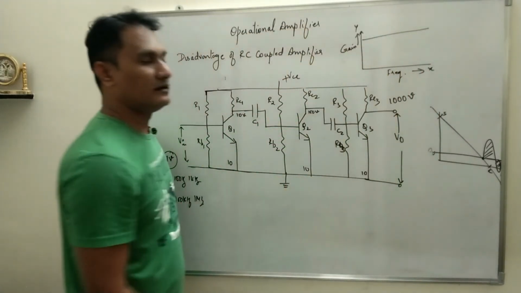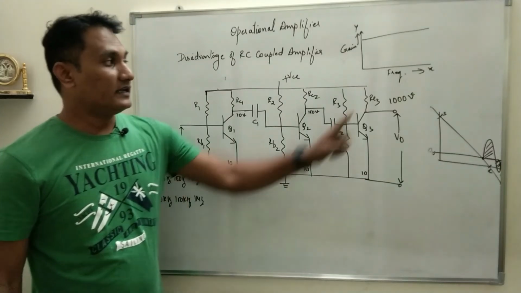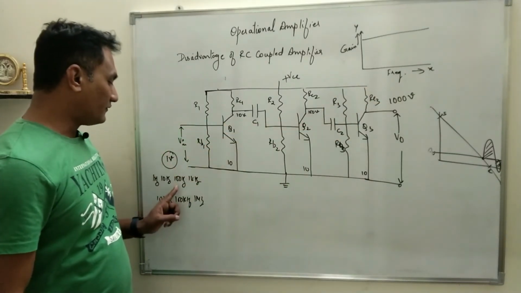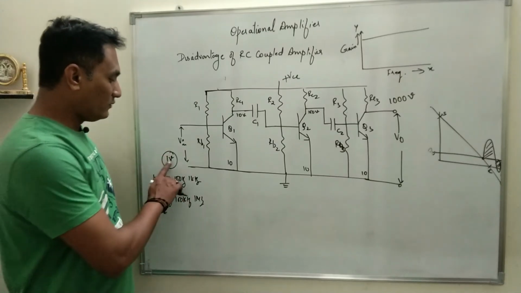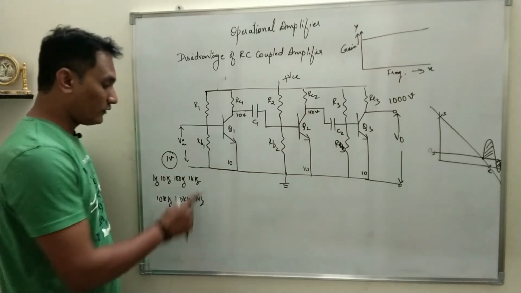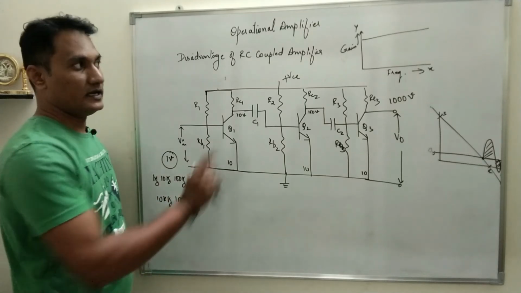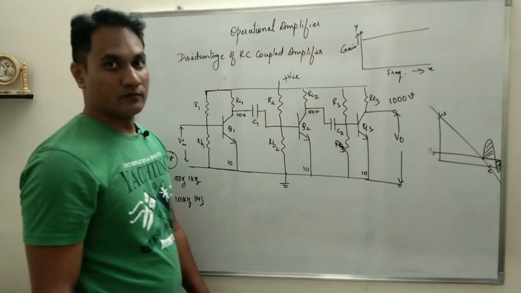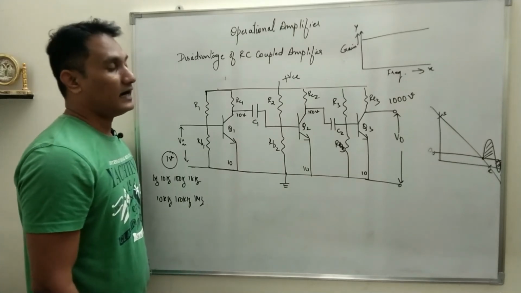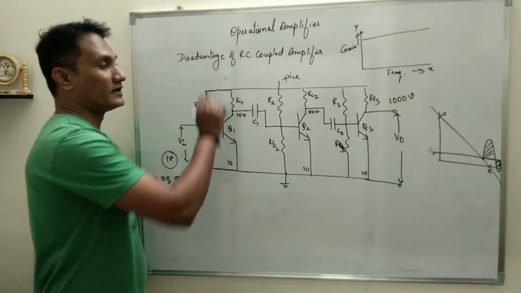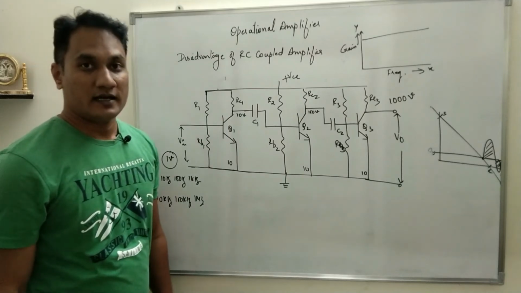And according to theory, a very good amplifier will have a straight line. What does that mean? That even if the frequency of our input signal is changed, if you are giving 1 volt, the output should be 1000 volt for any frequency, okay. That will be a straight line, okay. Now let us try to understand what happens in an RC coupled amplifier, the disadvantages of the RC coupled amplifier.